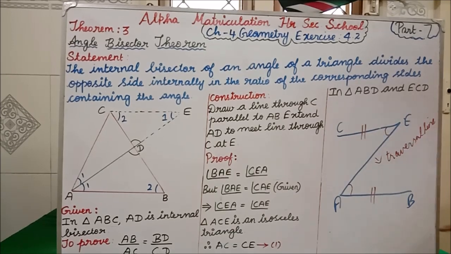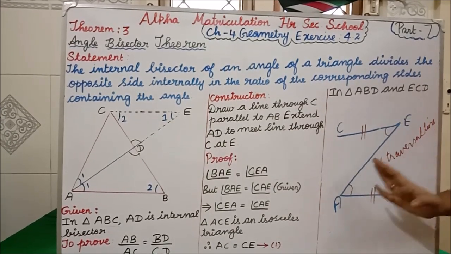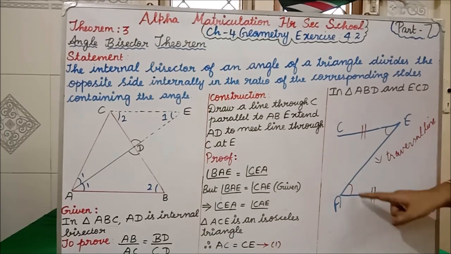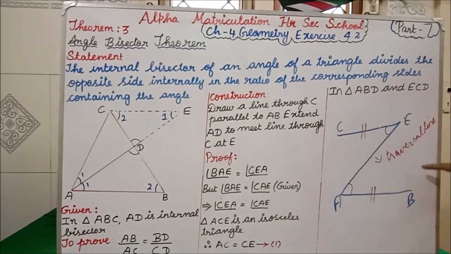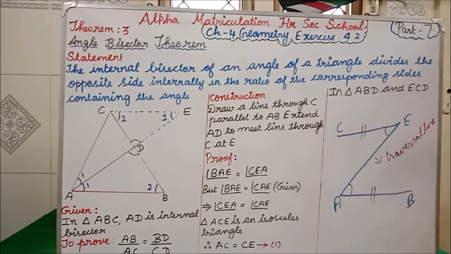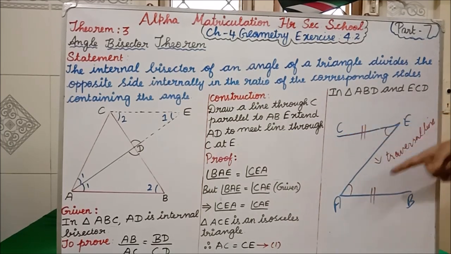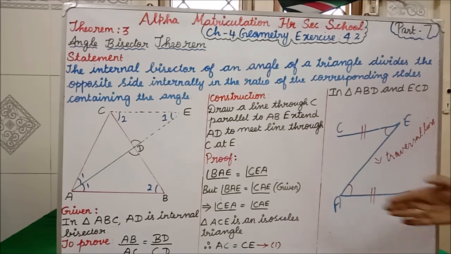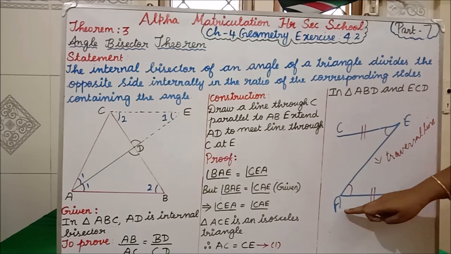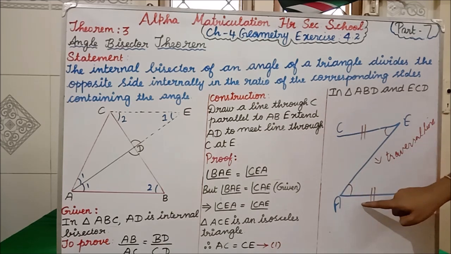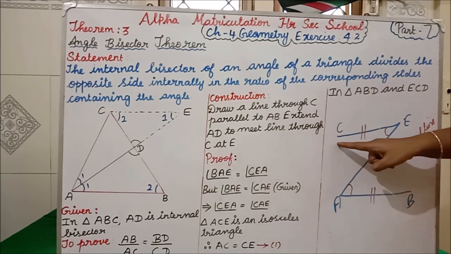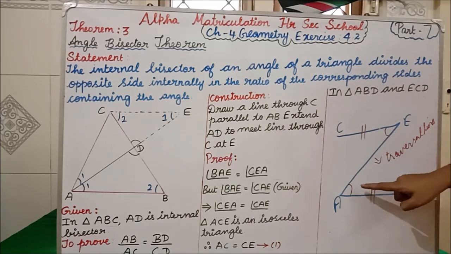Here this side we have an angle and this side we have an angle. For this, the alternate is this. So interior angle, both are interior, isn't it? So this kind of angle is an alternate interior angle. In parallel lines, when one transversal comes, both angles are alternate interior angles. According to alternate interior angles, angle BAE is equal to this angle, angle A is equal to CEA, angle A is equal to angle E. We are saying this. Clear students?